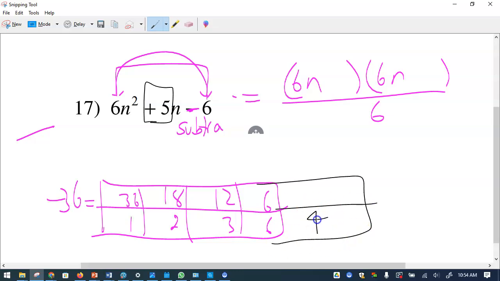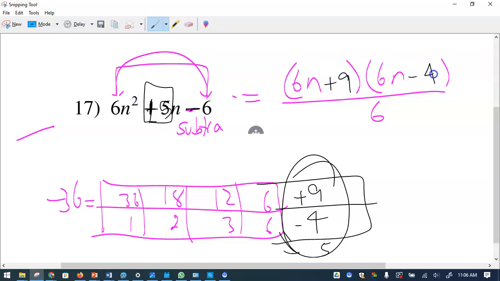So I think 4 goes 9 times, and you can see that 9 and 4, when you subtract, you get 5. But because there's a plus 5, the bigger one takes positive, the smaller one takes negative. So all you do is put plus 9